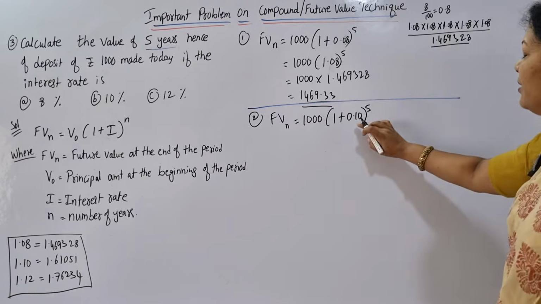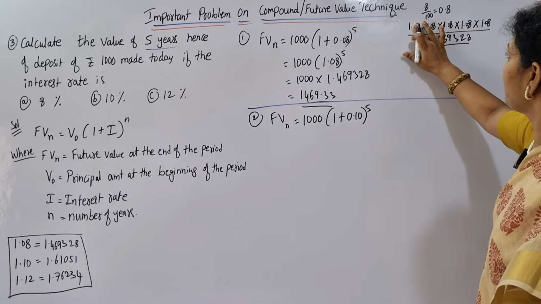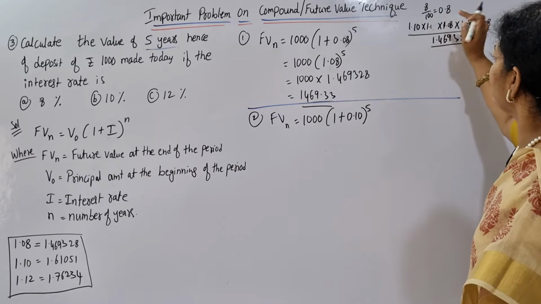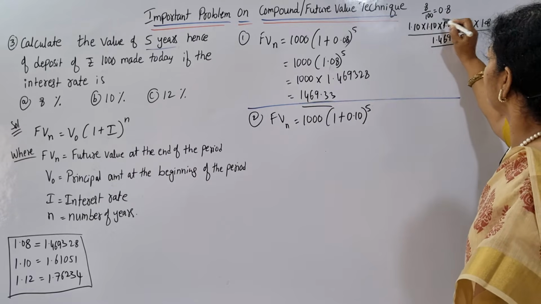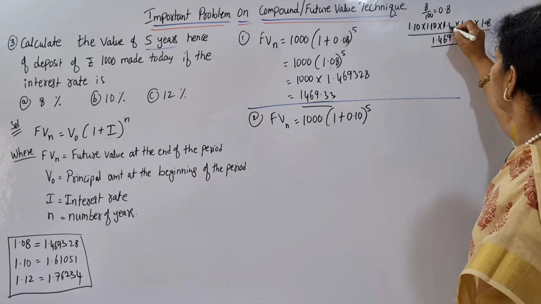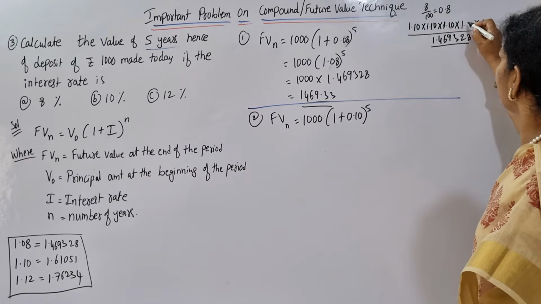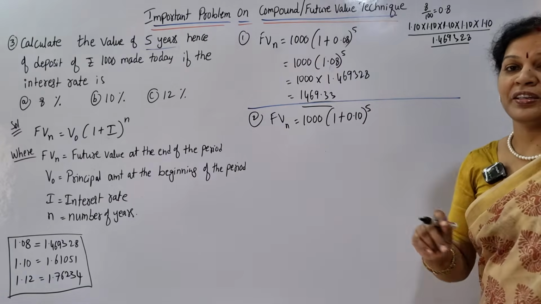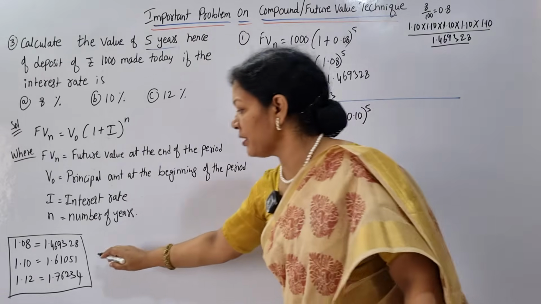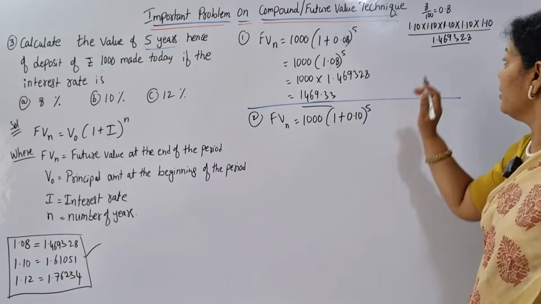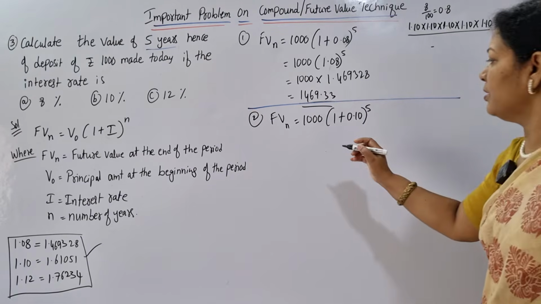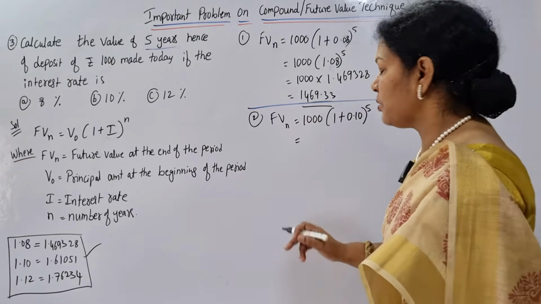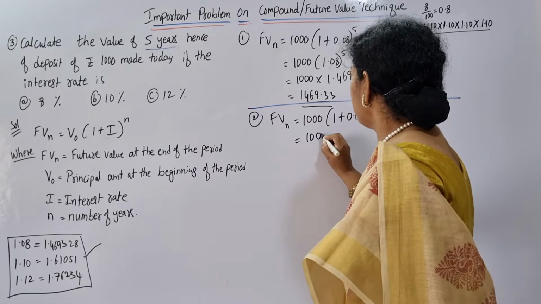Now here 1.10, like this you calculate it, 1.10, 5 times. Five times you press it on calculator, you are going to get this amount. I have written. Okay. So your value is here. What is the value? This one, 1.61051. So 1000 into